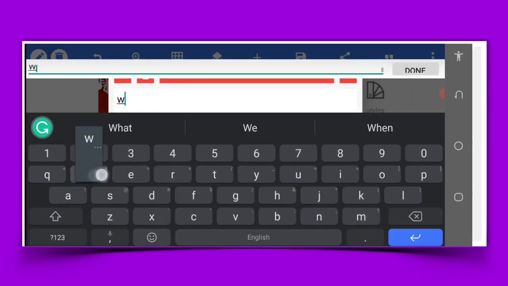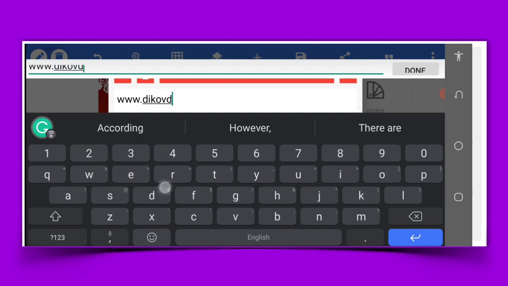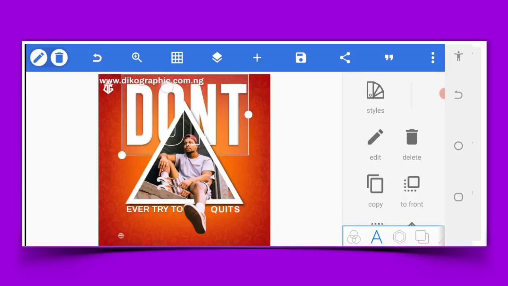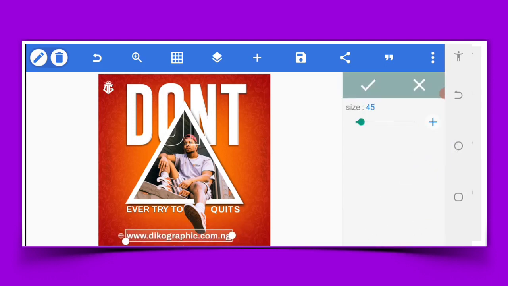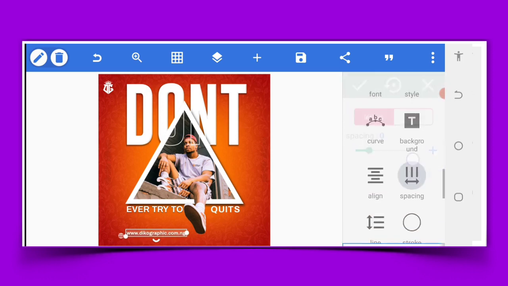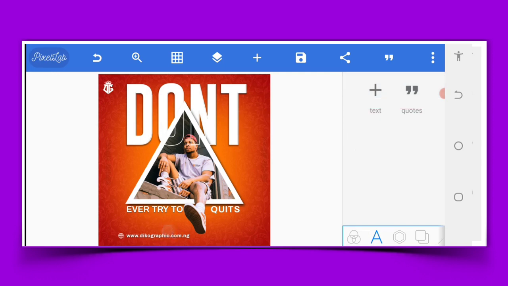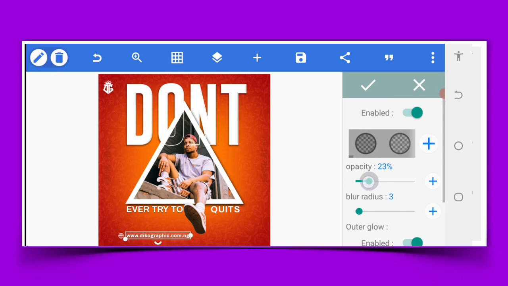So now the next thing we're going to do is to just copy from here. Then we'll have our social media, dikographic.com.ng. No mistake. Sorry. Then we'll bring this here, but it needs to be reduced anyway. So we're going to reduce it to 26. Then we space it. Okay, perfect. So now the next thing we're going to do is to just reduce the shadow if possible, reduce the blur as well,